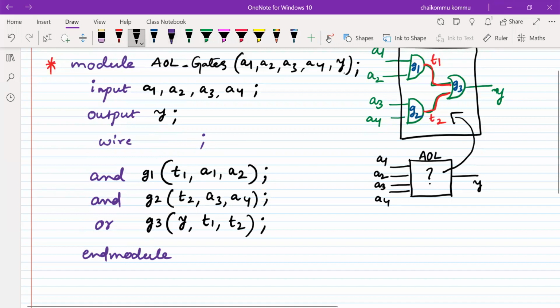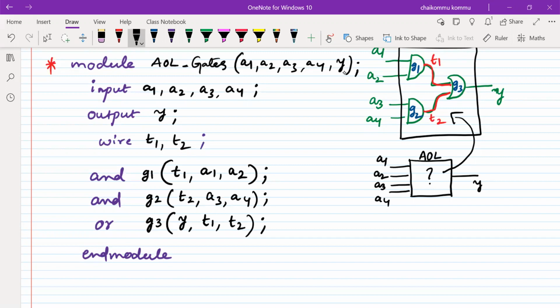T1, T2. Is it clear to all of you? This is the simplest way of writing gate level modeling. Everyone should know this first information. If you want to write gate level modeling, first we should know the gate level circuit. From the gate level circuit, we can call gates one by one into your program. If internal wires are there, we have to mention the internal signals as wire data type signals. It's very simple. Everyone should know this.